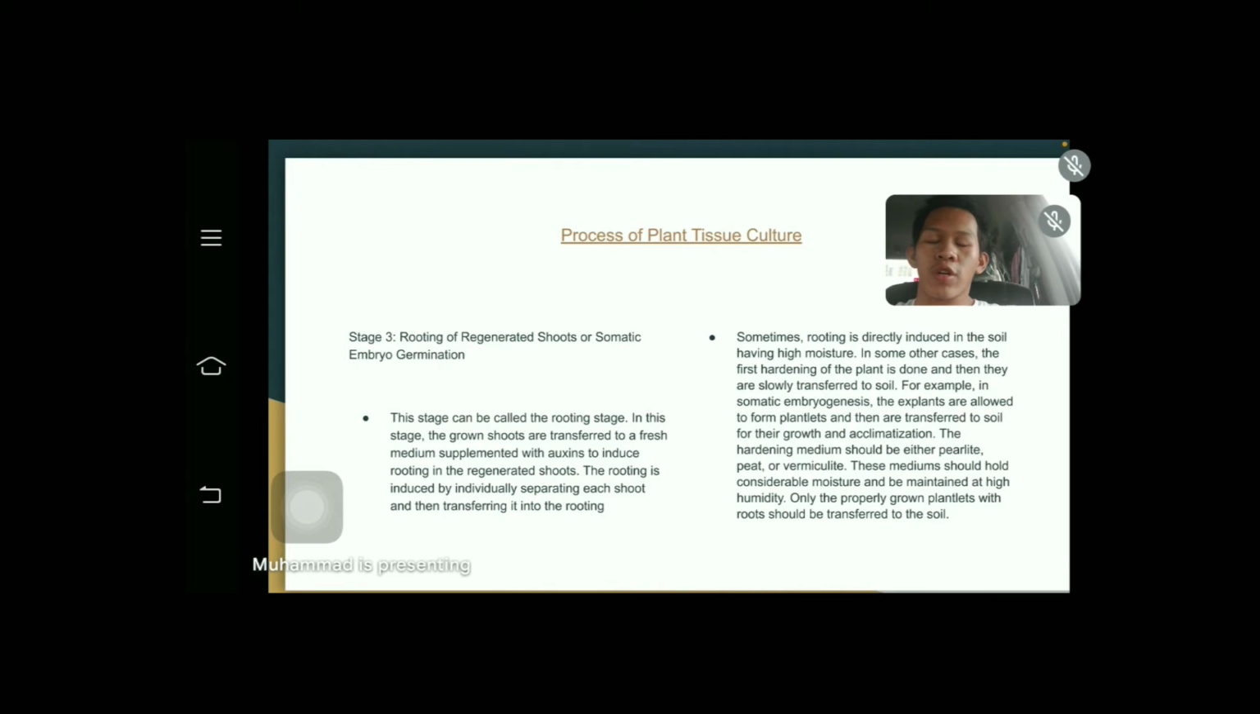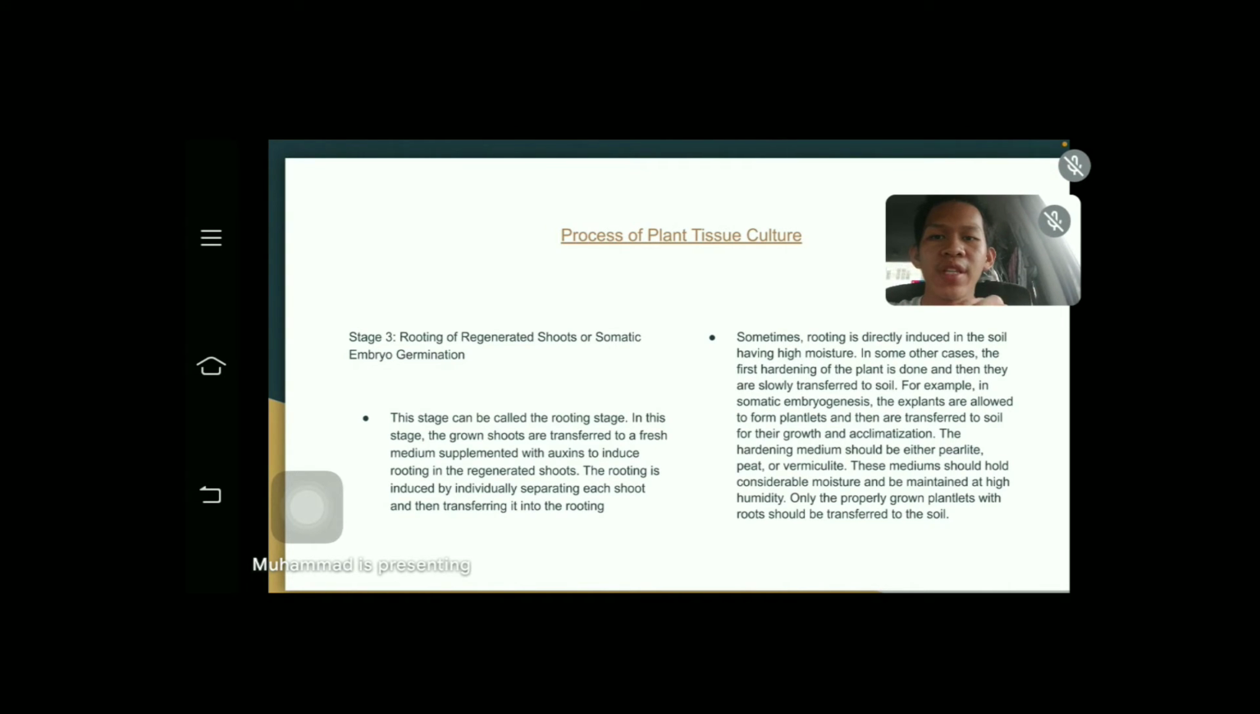Sometimes shoot rooting is directly induced in soil having high moisture. In some other cases, the first hardening of the plant is done and then they are slowly transferred to soil. For example, in somatic embryogenesis, the explants are allowed to form plantlets and they are transferred to soil for their growth